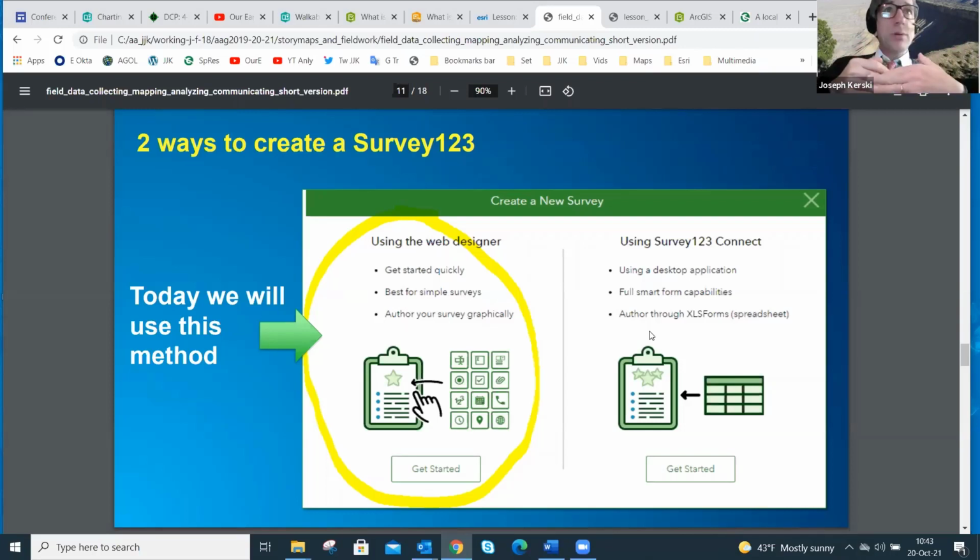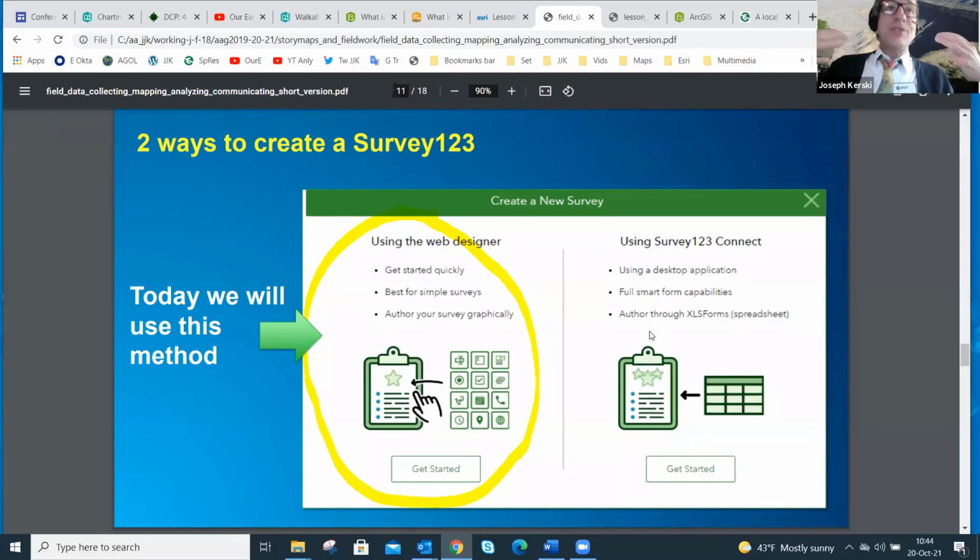If you want to dig deeper, there's the Web AppBuilder, and there's Experience Builder. If you want to dig even deeper than that, you can actually go into the code. Same thing with Survey123 in some ways, that you've got at least two levels of functionality. You can use Connect, which uses Excel. And if you use Connect, you get more functionality, but you are not dumped into just plain old Excel and expected to figure out how to get it to work.